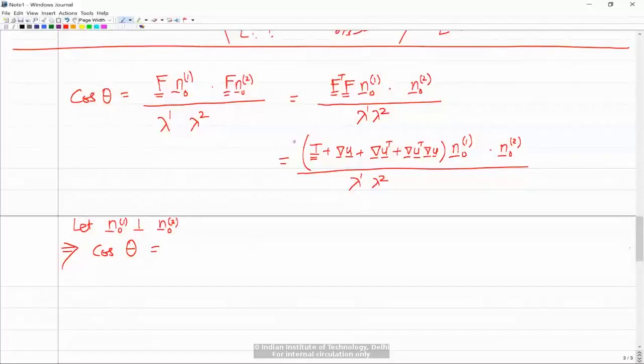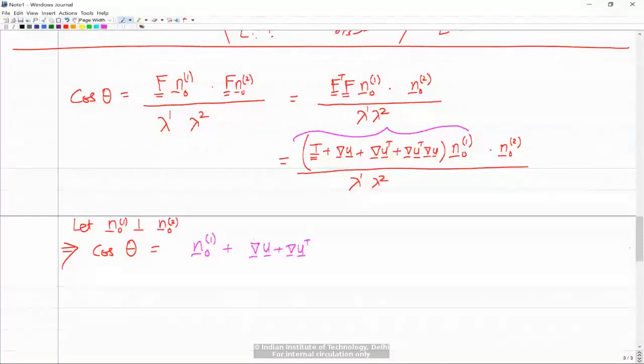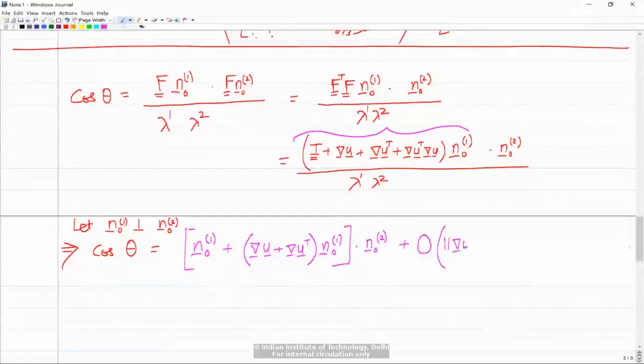when you work out this thing, you get n naught 1 plus grad u plus grad u transpose n naught 1, and this thing you dot with n naught 2, okay, and then you have this higher order term, plus big O grad u square, okay. So I'm guessing everybody is with me, divided by lambda 1 lambda 2, okay. So let it still be as lambda 1 lambda 2,